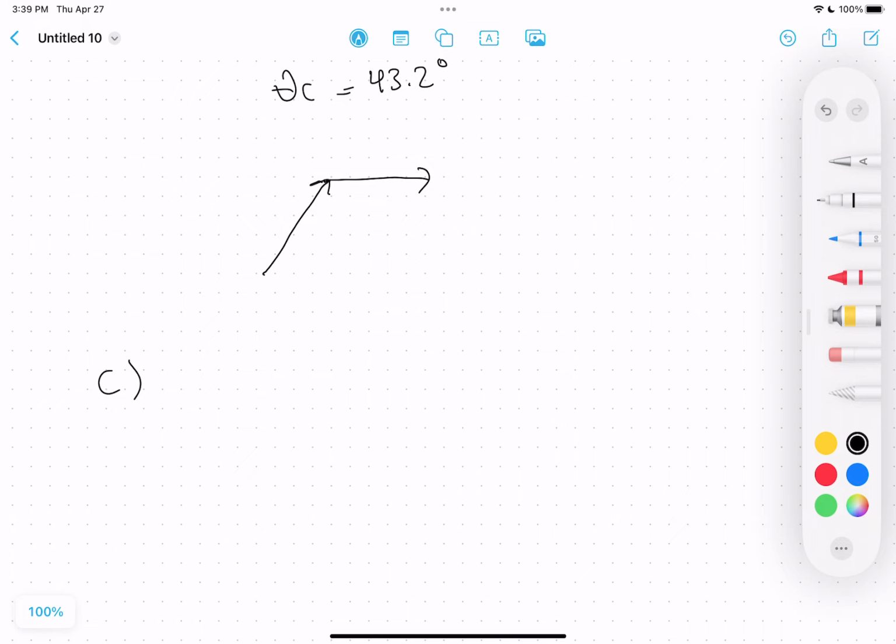So this is just asking for the minimum incident angle from the water, because remember we started off from water and then we went to oil and then air. So it's the minimum angle here that we start off with